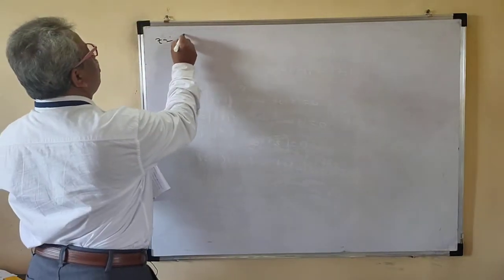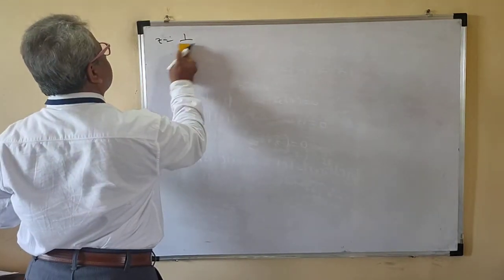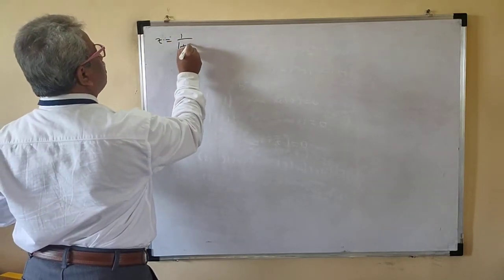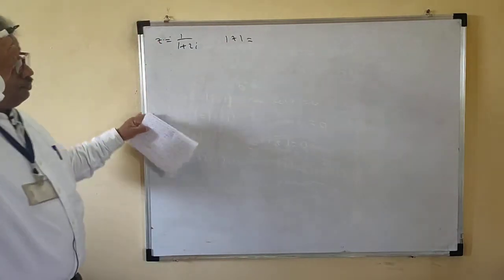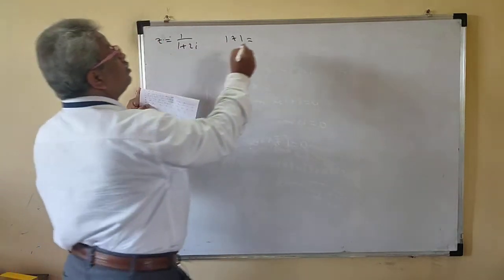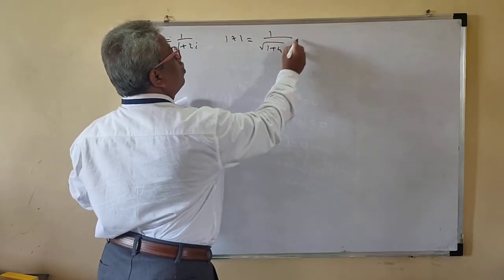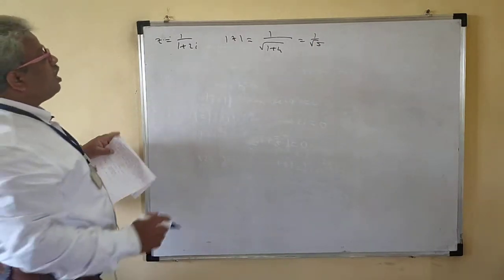Suppose your z is equal to 1 upon (1 plus 2i). So what is mod of z? This is 1 upon mod of this one. This is what? 1 plus 4. This is 1 by root 5. That is mod of z. If they want the argument,